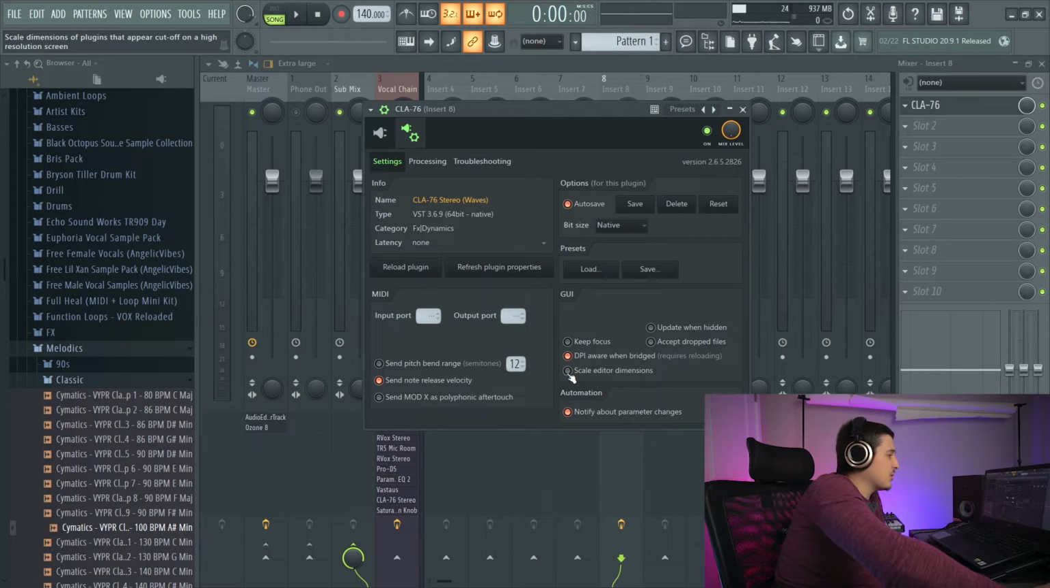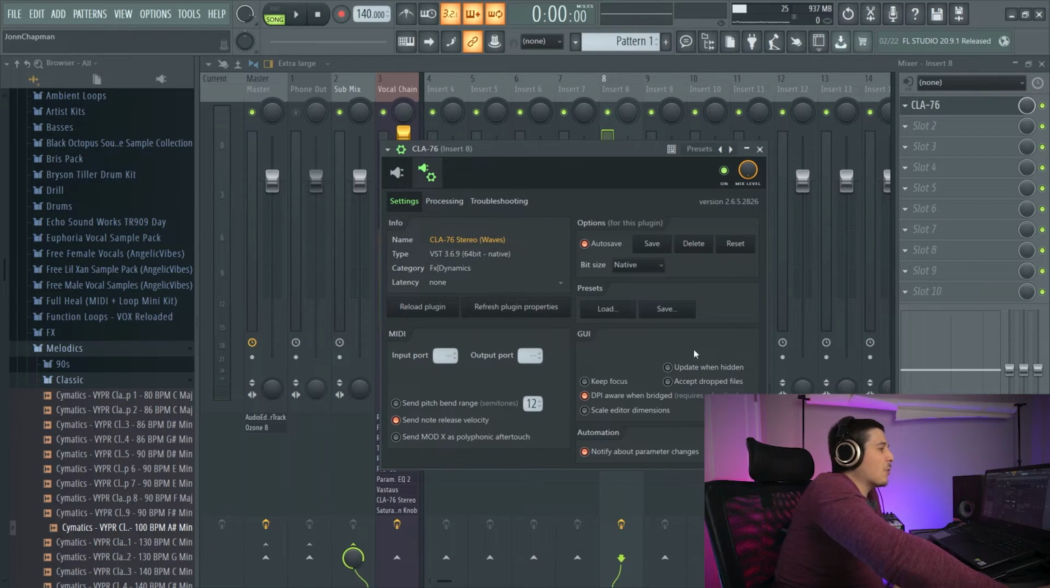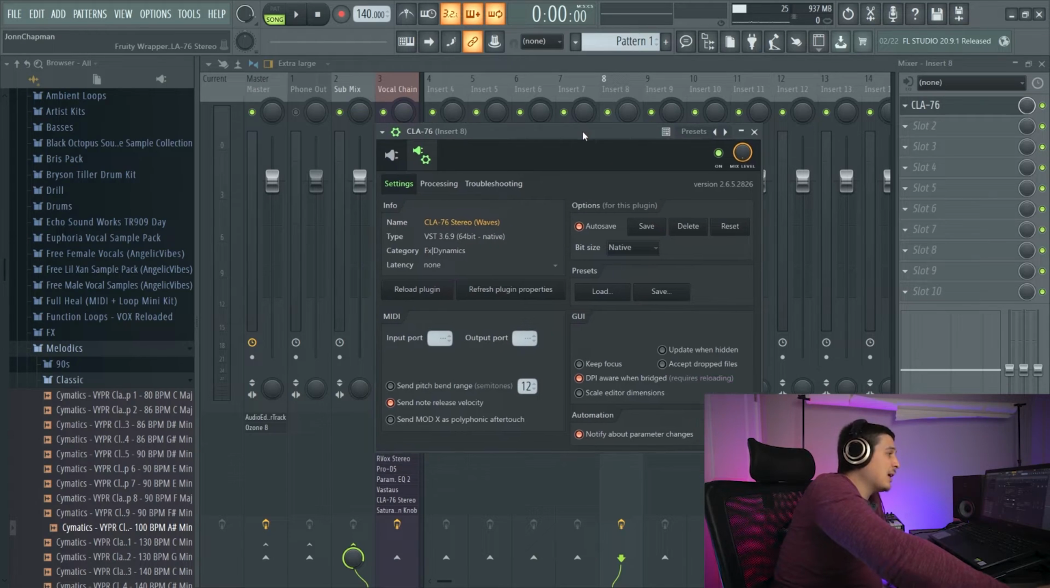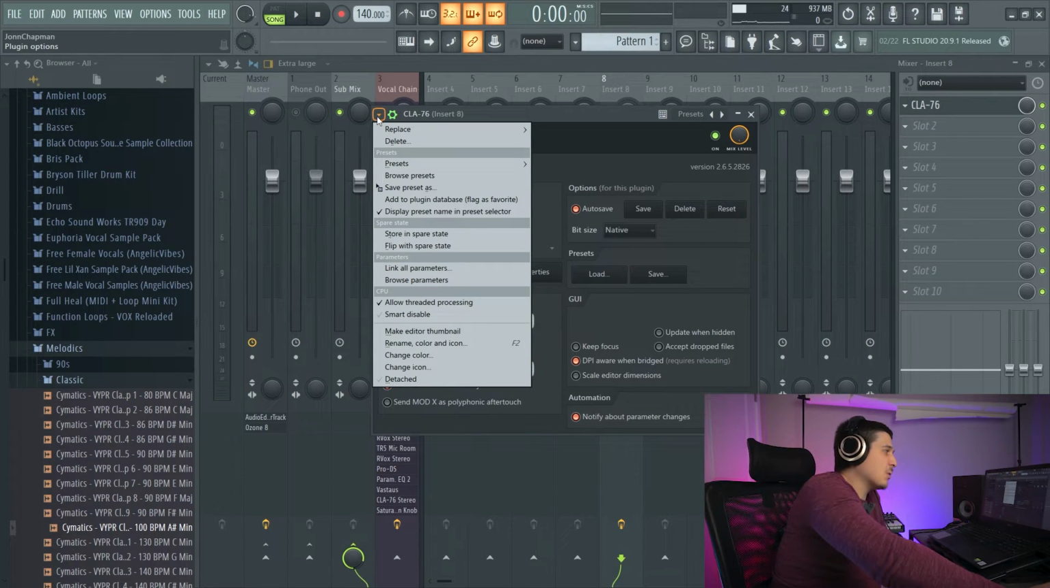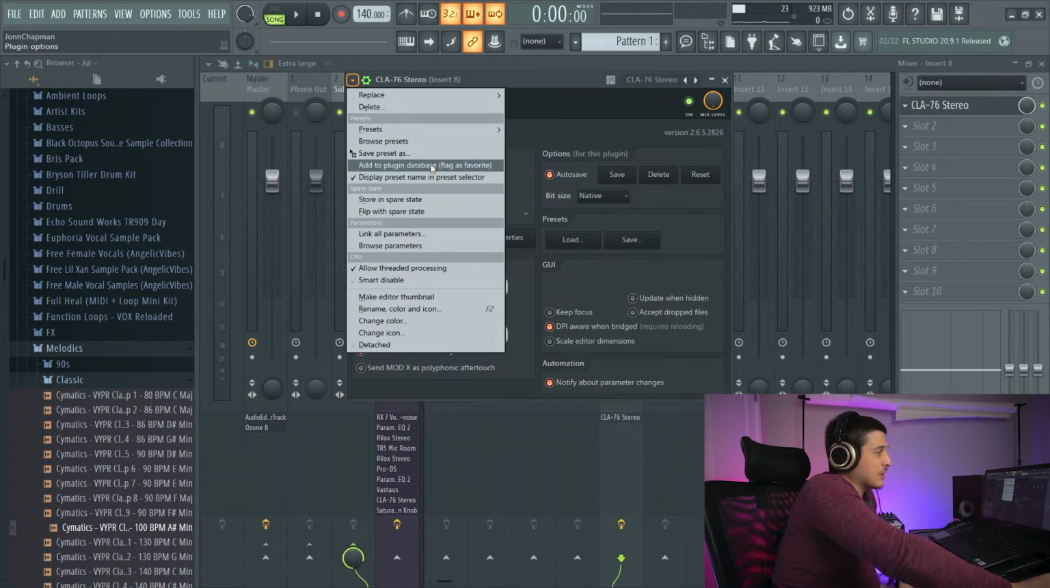Scale editor dimensions, you'll notice that that didn't change. And now the reason for that is that this isn't actually going to save everything. Some graphics user interface options and some of the other options actually won't save this way. In order to save that, you're actually going to want to come over here and we'd add to plugin database